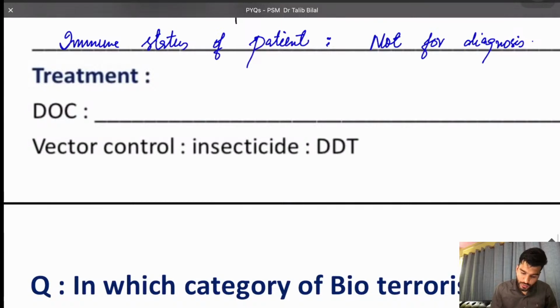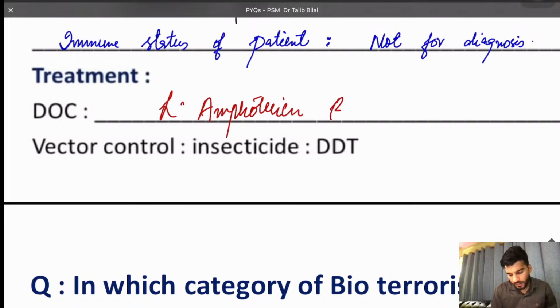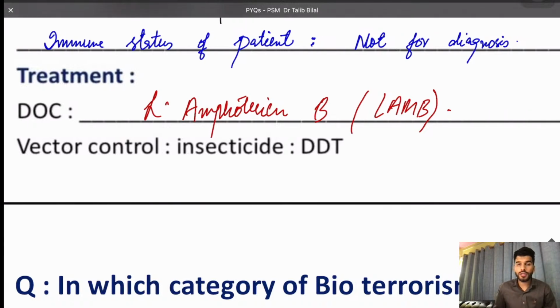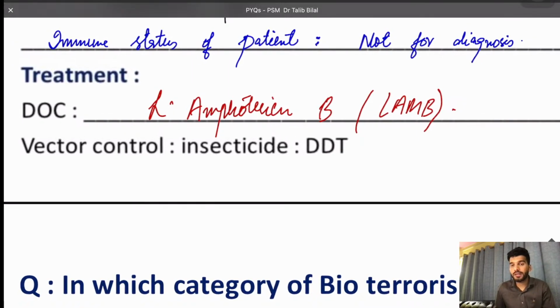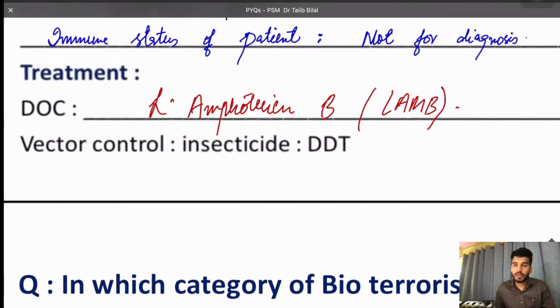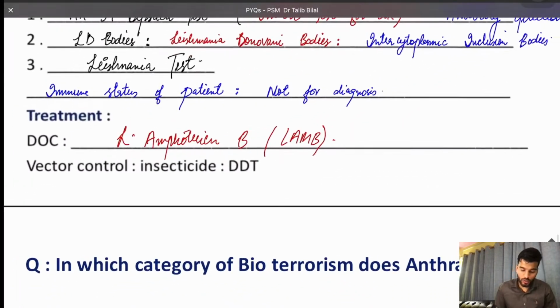If I talk about the drug of choice, your drug of choice is going to be L-amphotericin B, liposomal amphotericin B. The same drug is the drug of choice for severe fungal infections like mucormycosis, Kala-azar, and cryptococcal meningitis. And if you want to control the vector, use an insecticide, diphenyl trichloroethane,